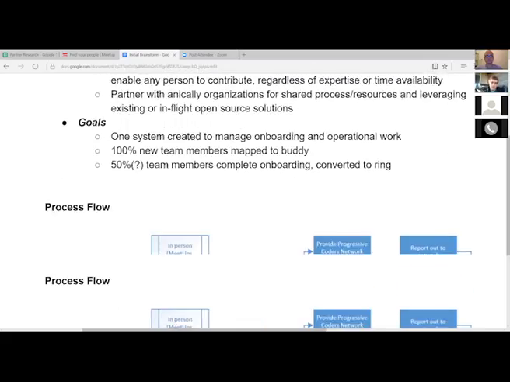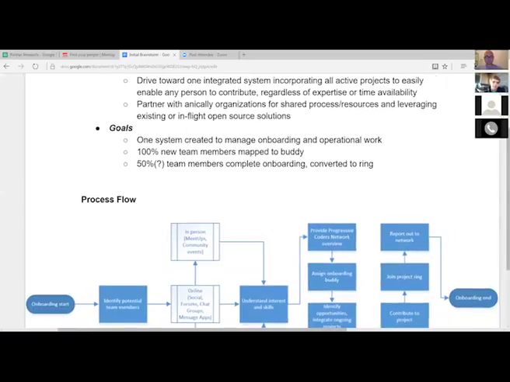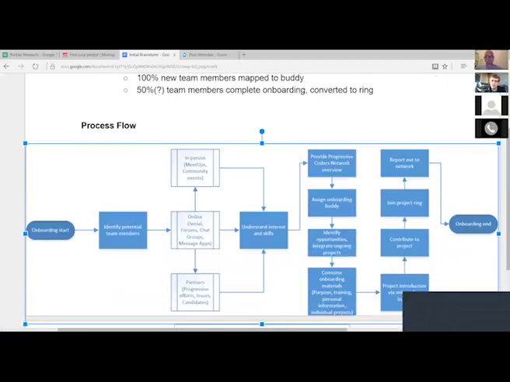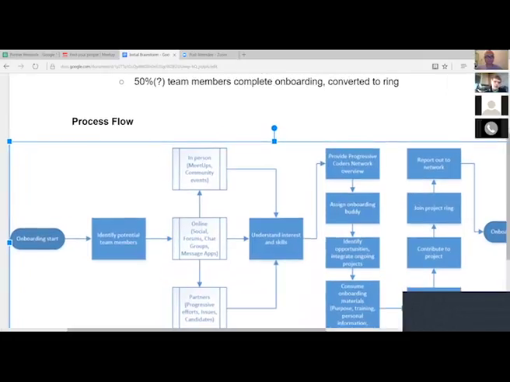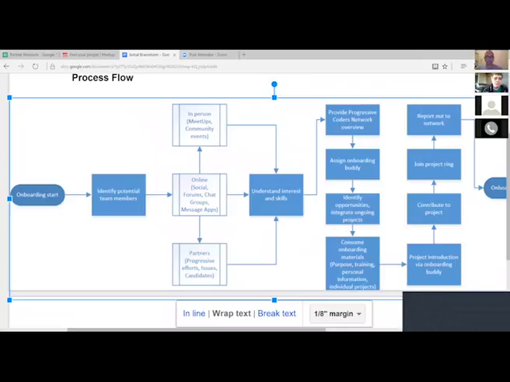So as I mentioned, that process flow diagram for how all this comes together. All right, so we start over here with the start of onboarding. The very first thing that we do is identify potential team members. I tried to, for as much of this as possible, take what Rafi and Pat presented last week from the proposed team strategy. So you'll see hopefully a lot of commonalities.